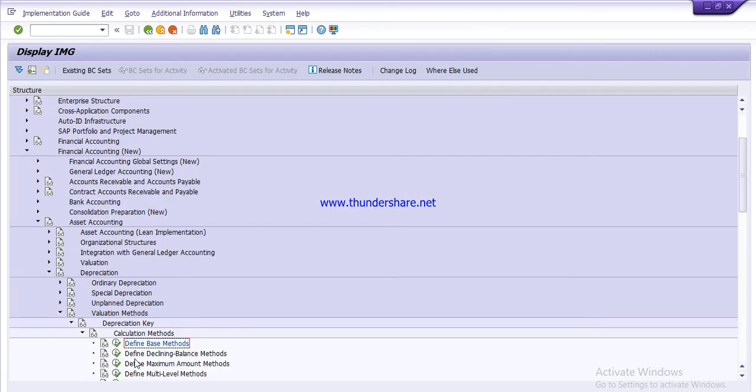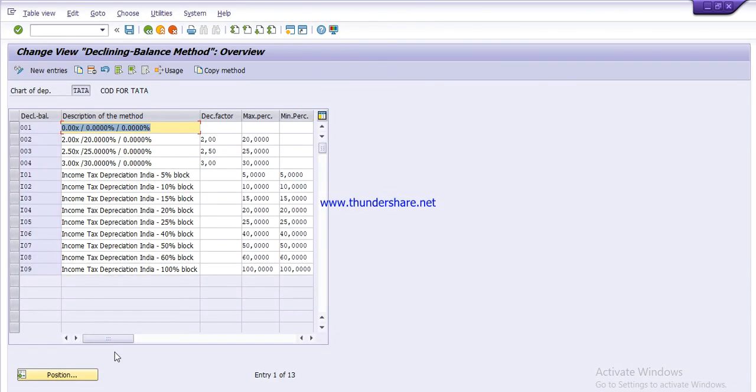Now the next method is define decline balance method. Click on it. As you know, we use the depreciation method of remaining useful life of the asset, so we are not using this decline balance method.